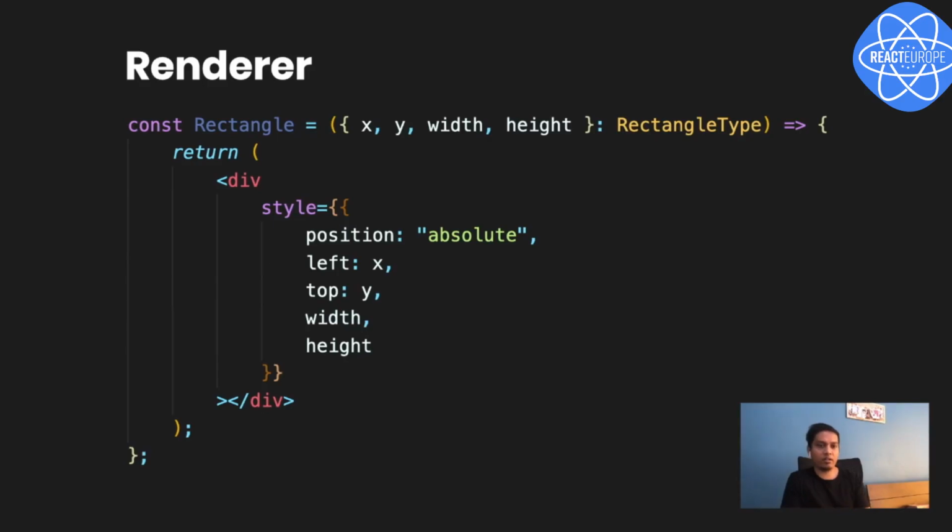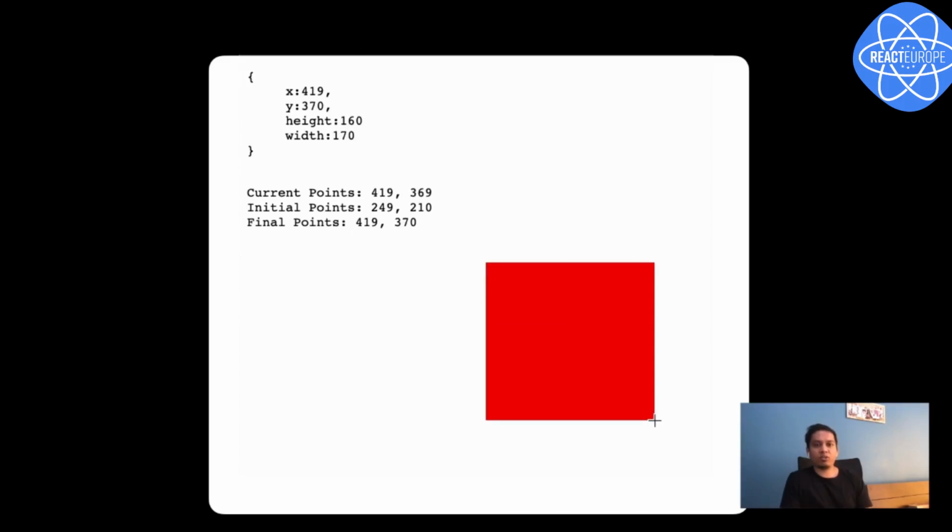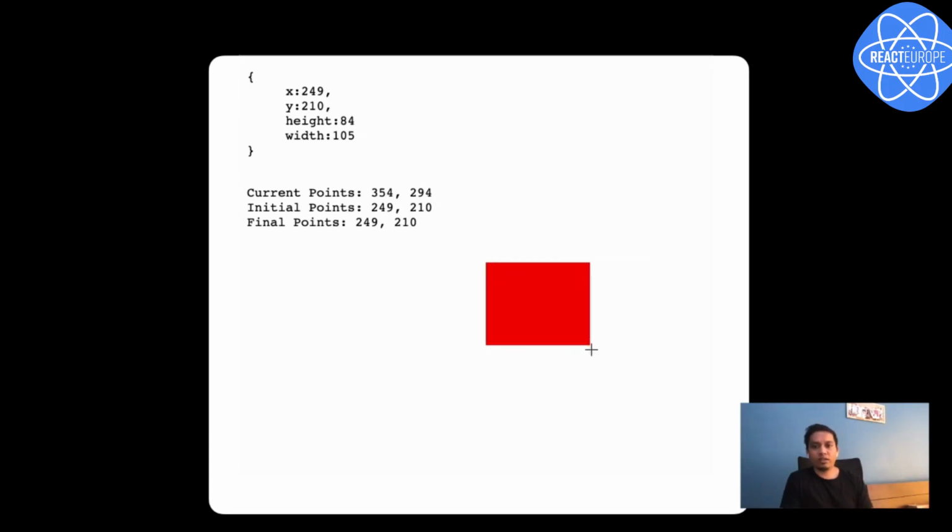So let's look at the renderer. This is a React component called Rectangle that takes in this prop type of X, Y, width, height, and it's using an absolutely positioned div, with top and left as Y and X, and then width and height directly map to the CSS properties, and that's how you achieve a simple renderer. And that's the final output. Once you stitch these three things together, you start getting the desired canvas drawing sort of thing. If you are interested in the code, you can have a look at this CodeSandbox link. And yeah, there's a bit more which is happening behind the scenes.